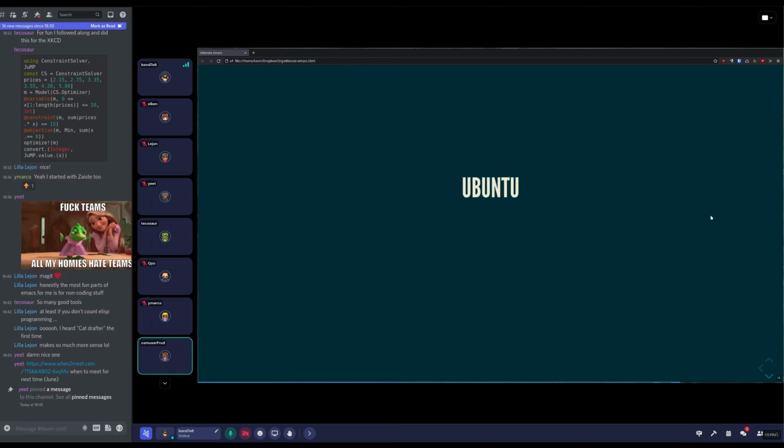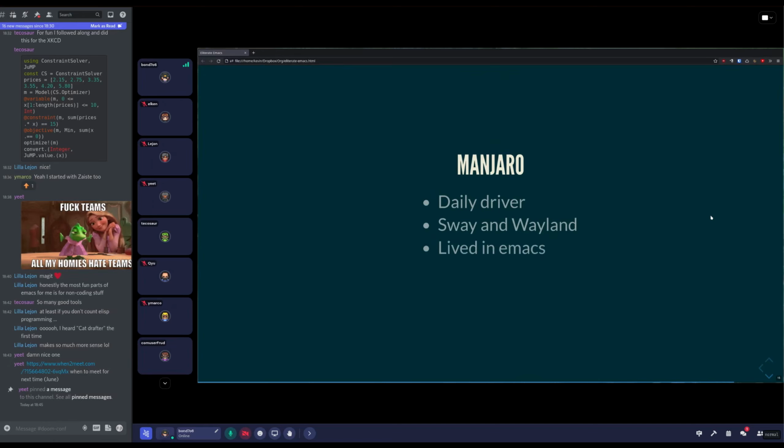So yeah, I have also used Ubuntu and still have that VPS with Ubuntu on it that has my sort of original Doom Emacs configuration, and then have dual booted my computer with a desktop version of Ubuntu and used that for a long time with Doom Emacs. And then sort of my first Linux daily driver was Manjaro. And used Sway Window Manager and Wayland, and I really lived in Emacs with that,